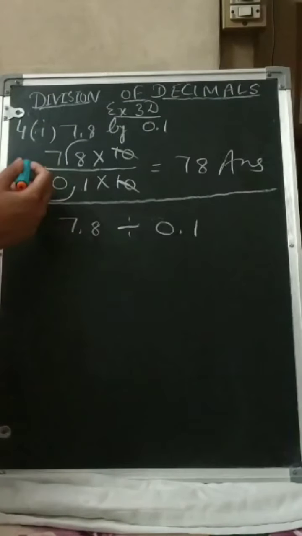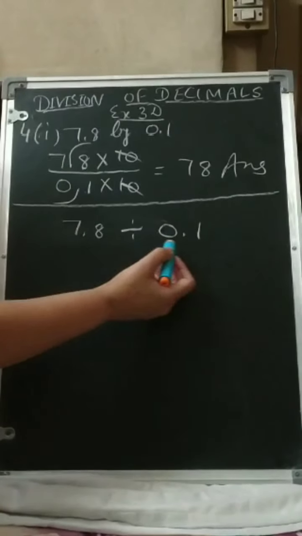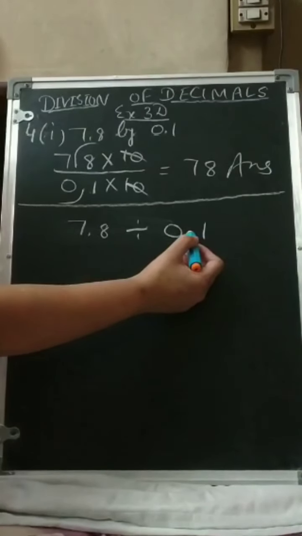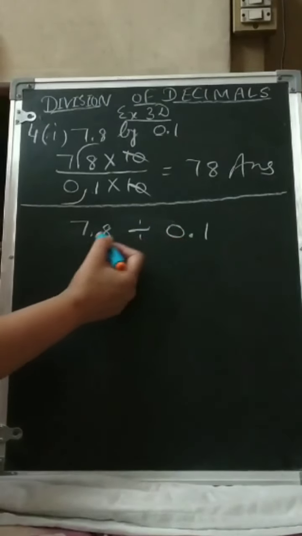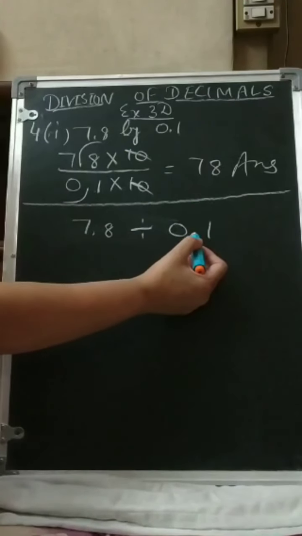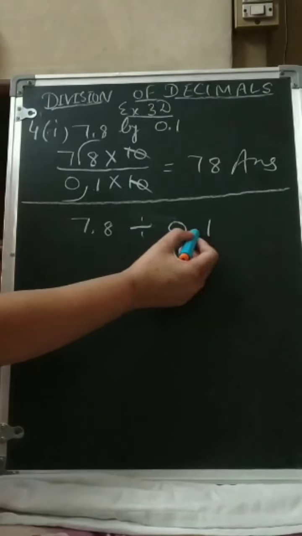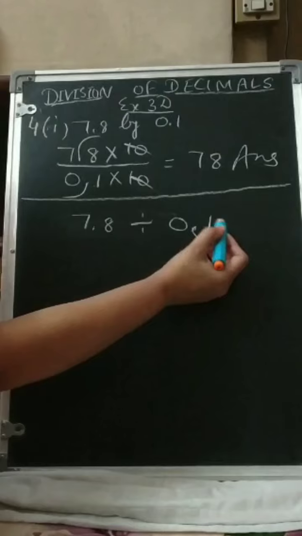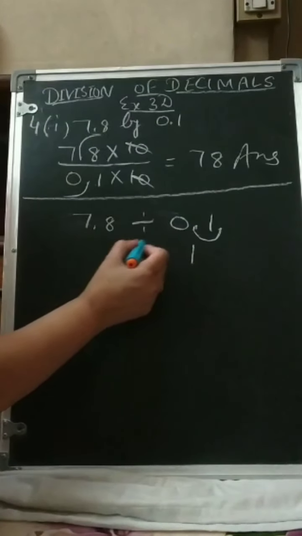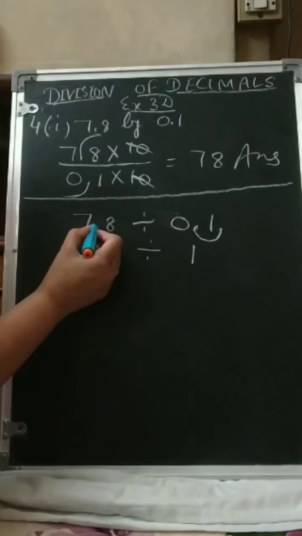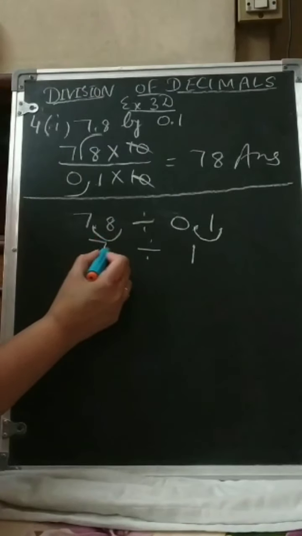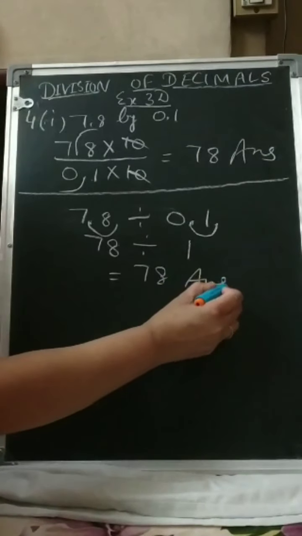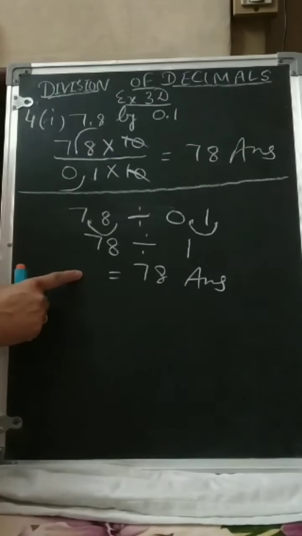This sum we can do with another method also. You can learn that also. When we are dividing any decimal by any decimal, first of all we have to remove the decimal from the divisor. We can't divide any number by a divisor when a decimal is present there. So we will remove this point. How to remove? We will move this point one step further. Then it will simply come 1. If we are moving one step further here, here also this point will move one step further and it will come 78. Now 78 divided by 1 is equal to 78, the answer. So you can do it with this method also, you can do it with this. That is your wish.